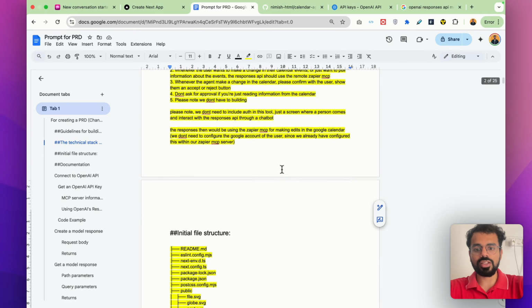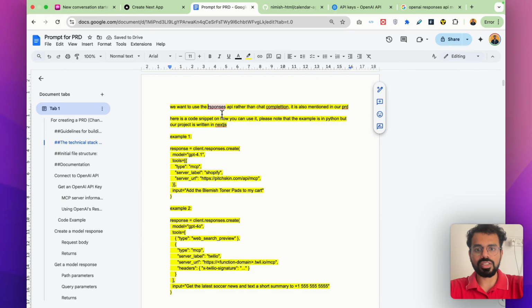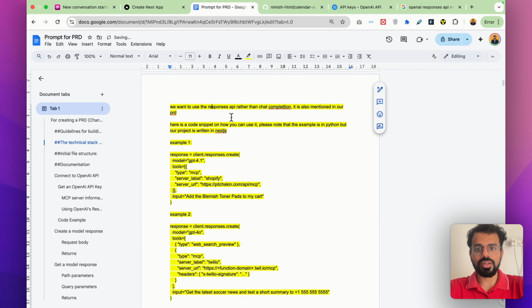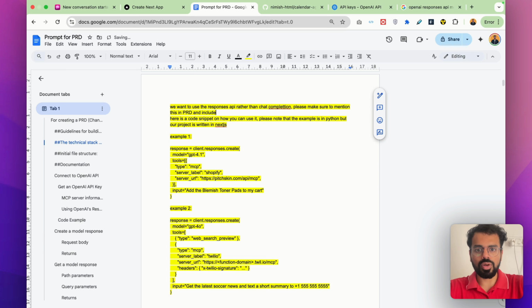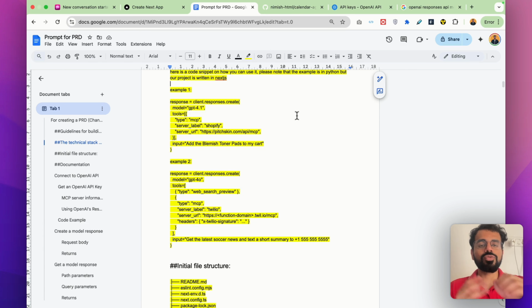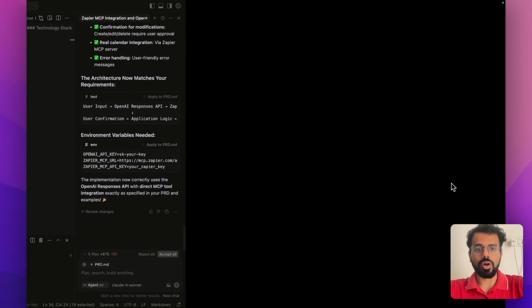So I will go to the initial prompt and mention over here that we want to use the responses API rather than the chat completions API. Please make sure to mention this in the PRD and include code examples. This way, this would be part of the original PRD itself and we won't have to manually change this later in the process. So let's try out our product now.